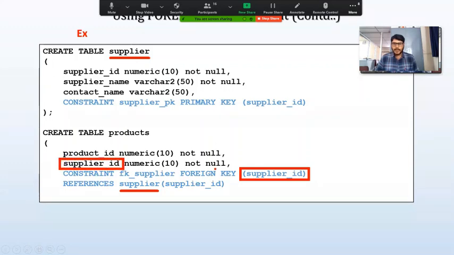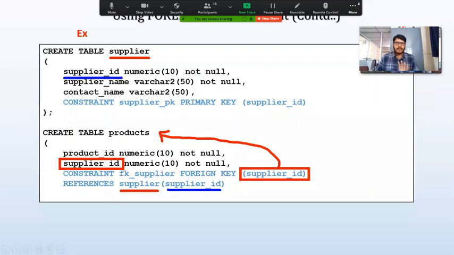This supplier ID belongs to the product table. But here I'm providing the reference. References, this supplier ID is this one, and whatever supplier ID I'm going to define here is nothing but this supplier ID.